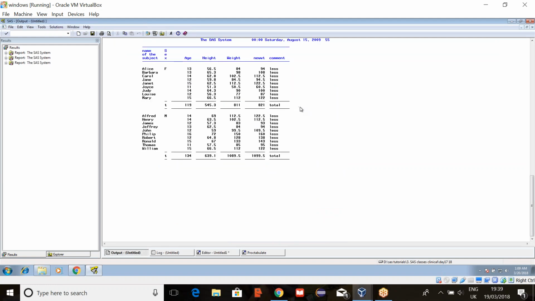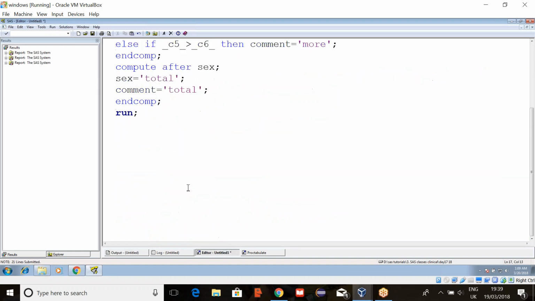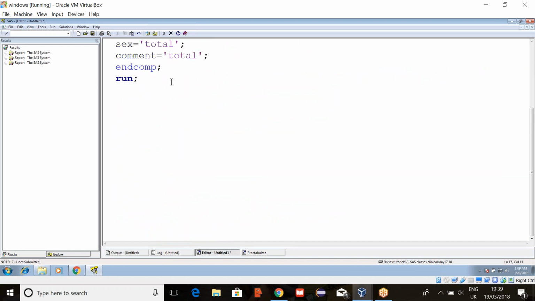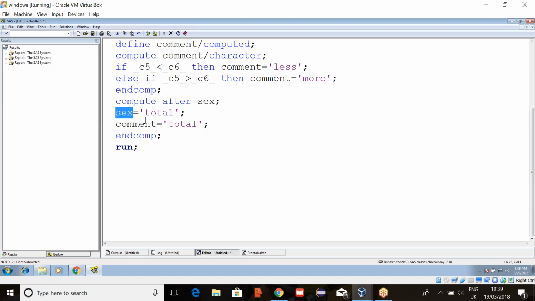See, suppose here also total is there, here also total is there. So then here, if you want to copy the same value whatever is there for sex, directly you can mention the variable name like this. If it is a variable name, no need to keep quotations. If you are giving any text, then keep that in quotations.